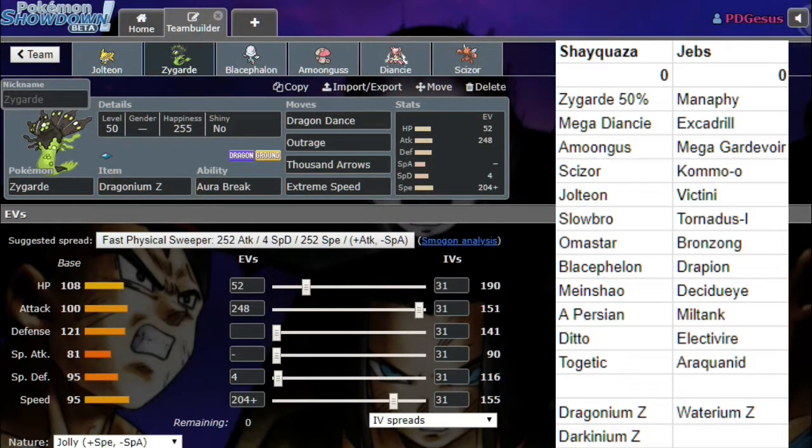Then we have just kind of a standard Zygarde. I just needed enough speed for, I believe, Excadrill, so that way I can just Dragon Dance up and then fire off a Draconium Z on something. Not as much bulk as I usually run, but I thought offensive fared a pretty decent matchup,